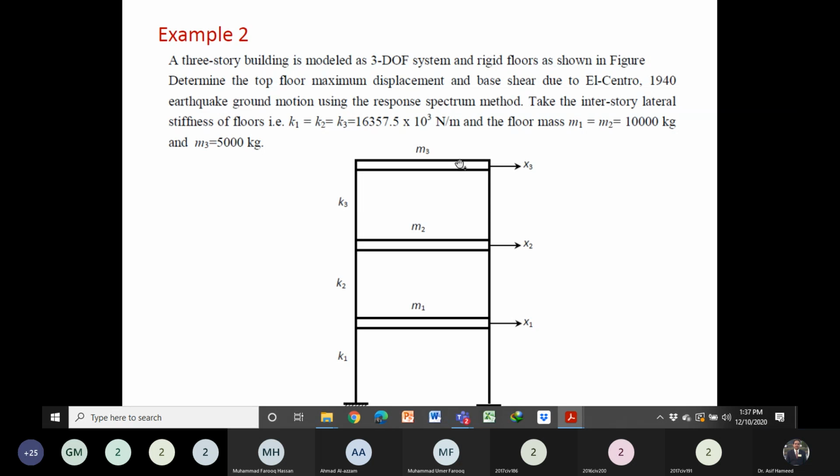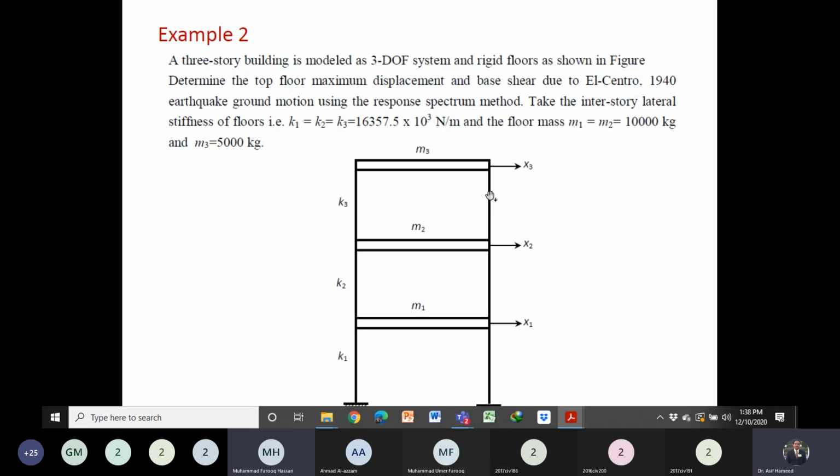क्या ख्याल है? If we have the lateral force, do we have the inertial forces in all the three masses? Because these three masses can move in this direction. This was our mathematical model. The masses can only move in the lateral direction, in the horizontal direction. So if there is some lateral force, there will be the inertial force in the same direction. ठीक है? कोई तो बोलो यार.